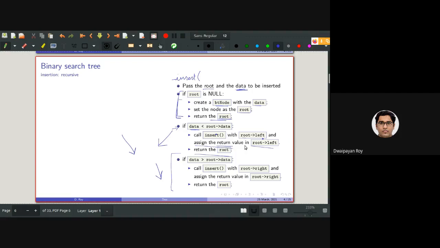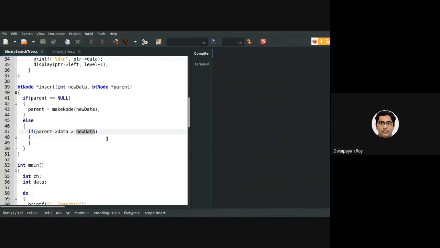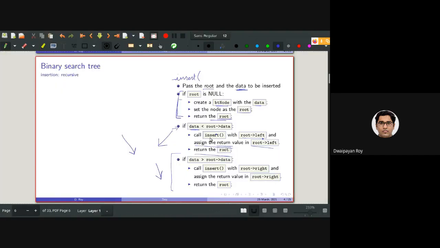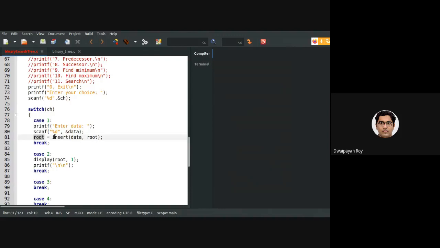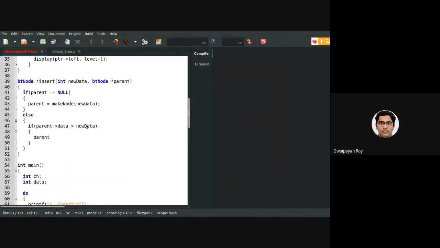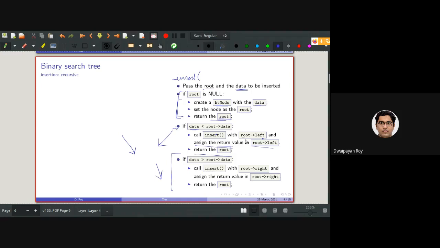Can someone say what I should be writing here? Call insert with root left and assign the return value in root left. Similarly to here, where I am passing root and storing the return value in root as well, here we need to call the function with root left and store the return value in root left as well.